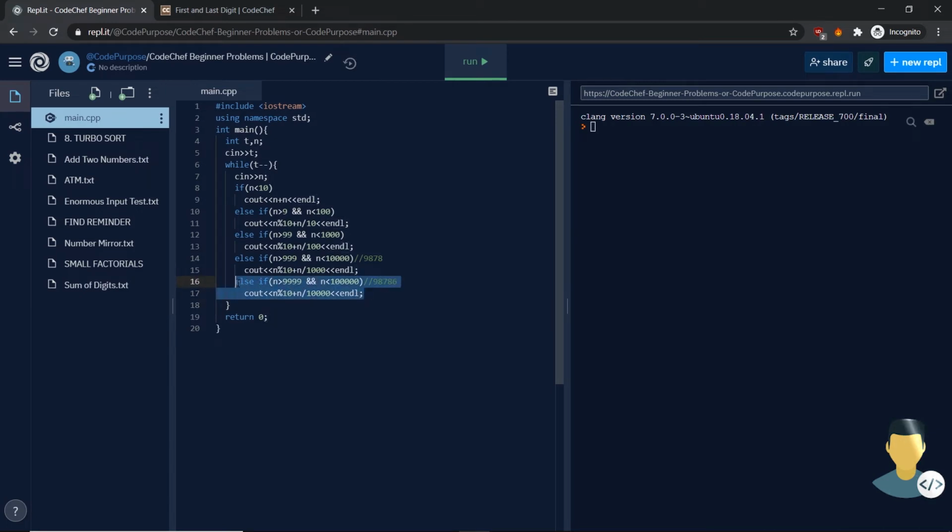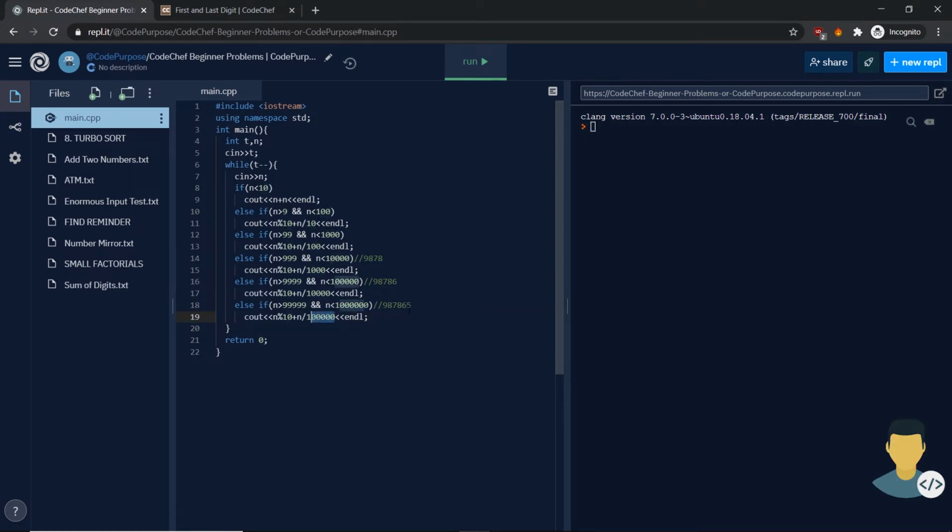And repeat the same also for a 6-digit number, where if the number is greater than 99,999 and it's less than a million, then the last digit would be the same mathematical operation, modulus 10, but the first we need to get rid from 5 digits. That's why we have here